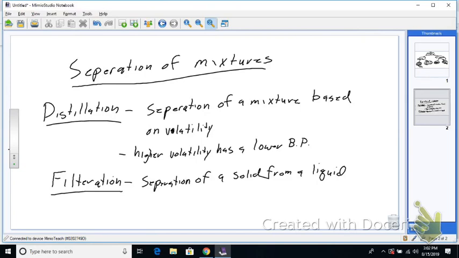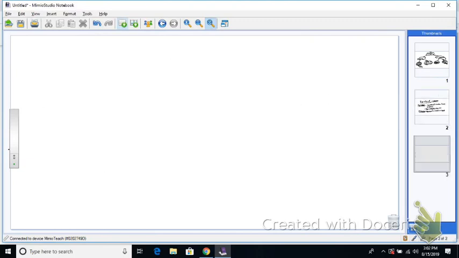And the last one, which you guys will not use in your lab, which is probably more important than these two and more used than these two, is a process called chromatography. I looked up more information on chromatography, and I think you'll be interested in it. It's used a little in forensics, for example, in identifying substances. It's part of the process, not the whole process.